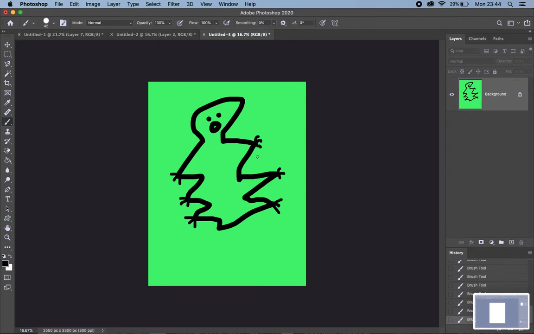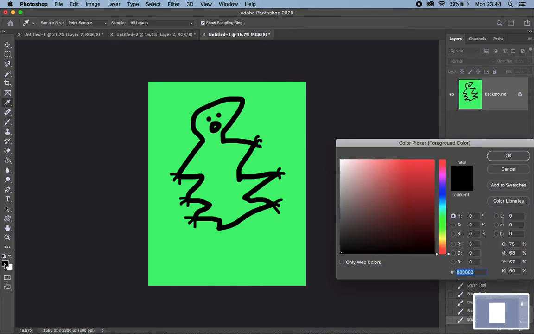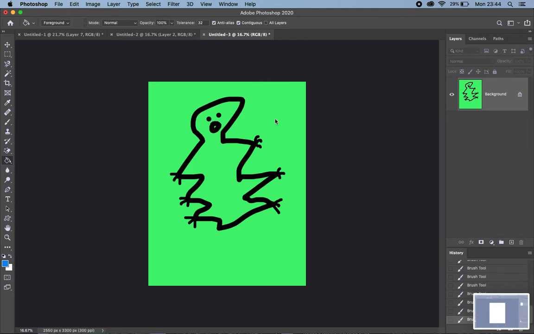Okay, I probably should have made that water bear in a separate layer, but that's okay. We can work with it like this. And let's check out what the paint bucket tool does now. I'm going to make my water bear this color. Okay, so paint bucket, I clicked on the paint bucket again. I selected a color that's different than the one I have, and I'm going to click inside the water bear